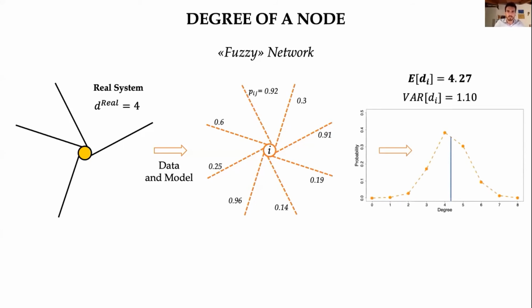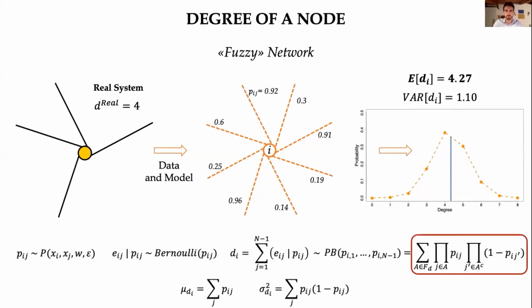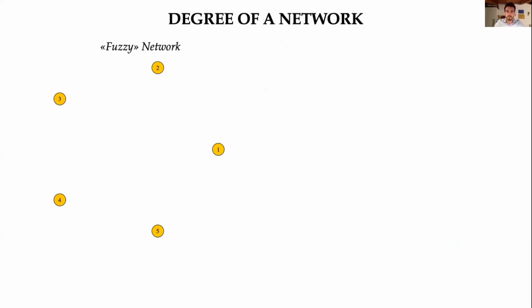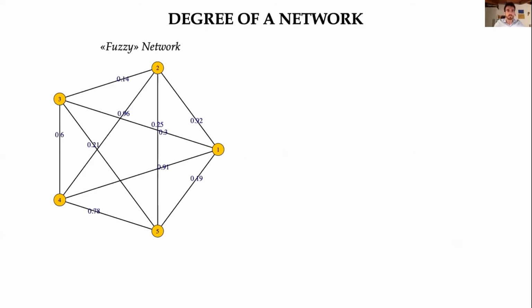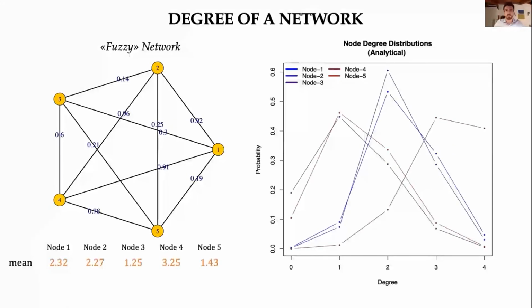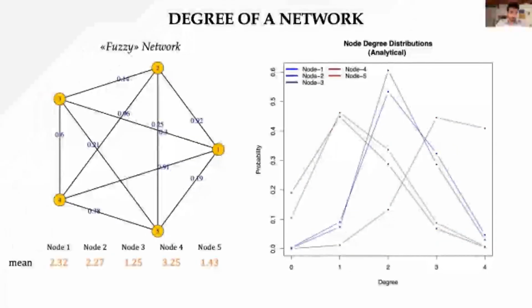We derived also the analytical form of this distribution that is highlighted in red here. I won't go into details here, which you can find in the paper, but I just want to notice that having a probability distribution, we are provided with much more information than the simple degree. And this additional information, of course, is about the uncertainty of the descriptors. We can extend the result to an entire network, like this one, and calculate the degree distribution for every node, and you see the distributions in the plot on the right. And also the mean value, the expected value of the node degree, in the table below.